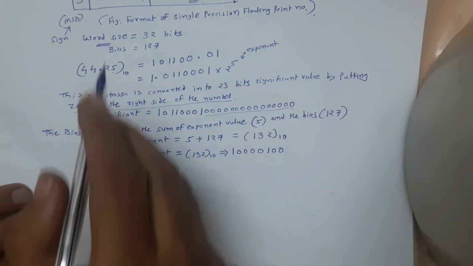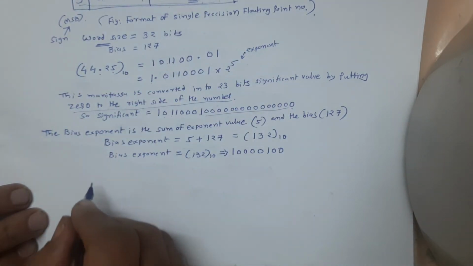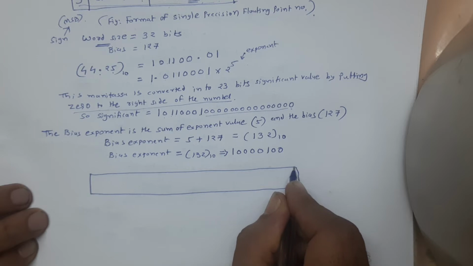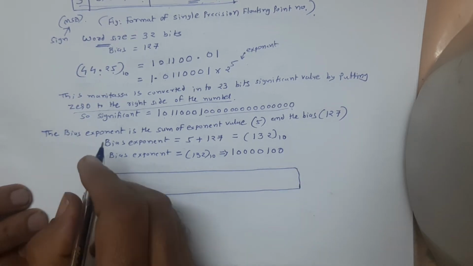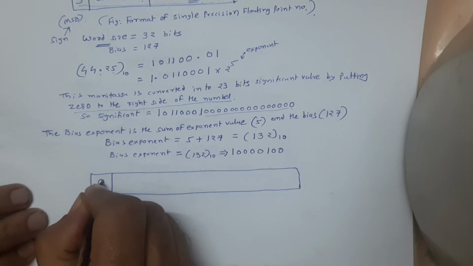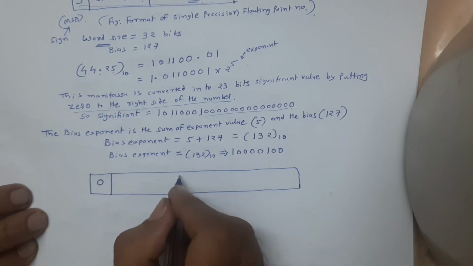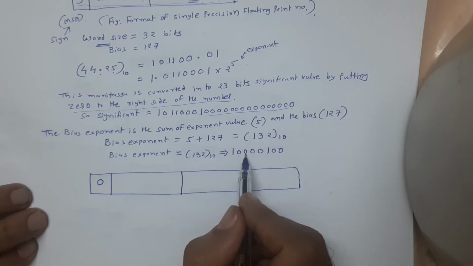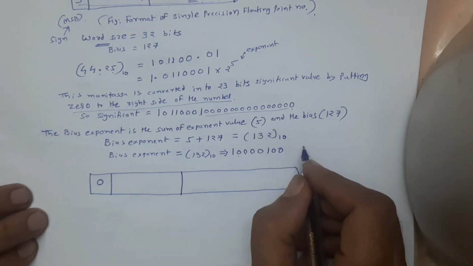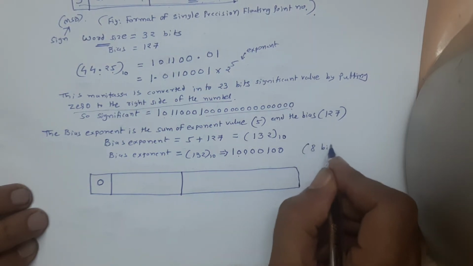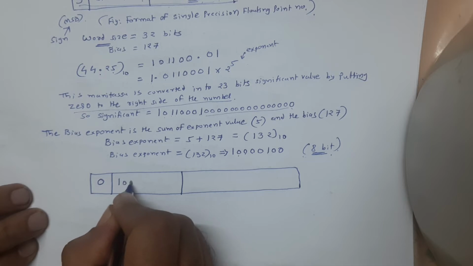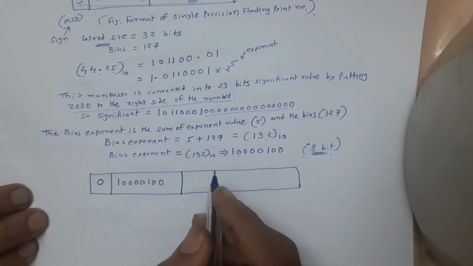The first one is the sign. The number is positive, so we write down 0. The second one is the bias exponent. What is your bias exponent? This is your bias exponent, the total bits 1, 2, 3, 4, 5, 6, 7, 8. So for single precision it is an 8 bit bias exponent, right? So the bias exponent is equal to 10000100. And the last one is the